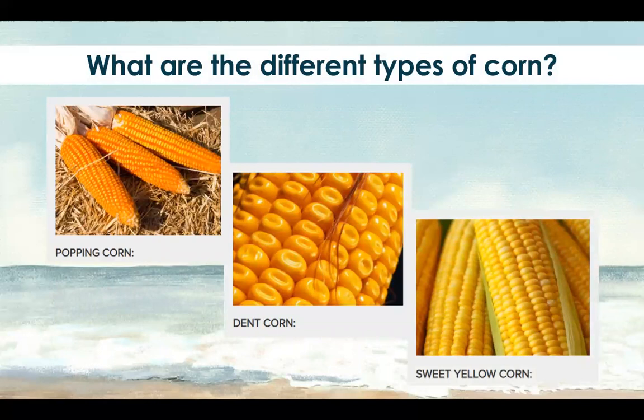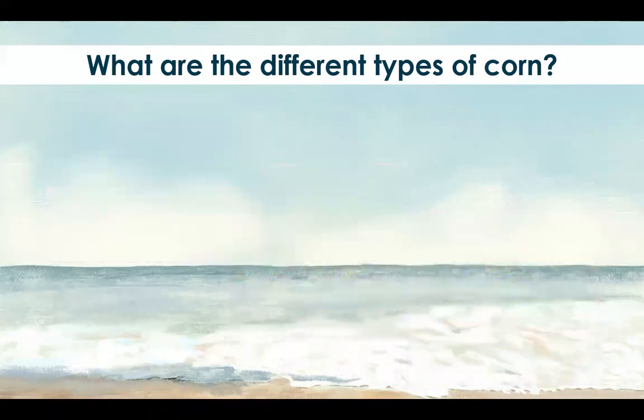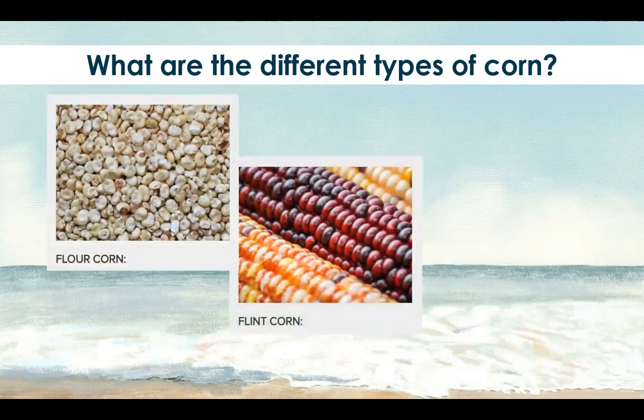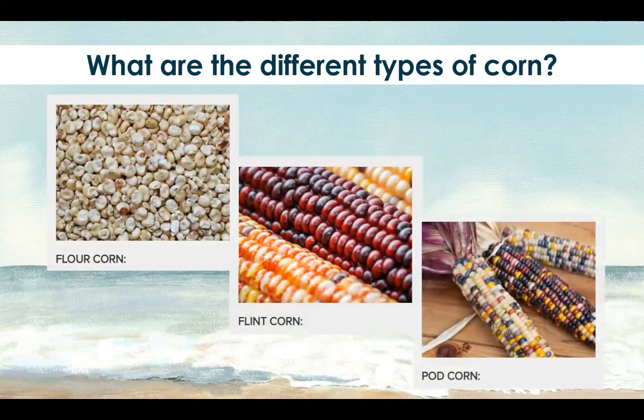These are the different types of corn. We have popcorn, dent corn, which is known for its dimple, sweet yellow corn, which is best served during summer, flour corn, flint corn, and pod